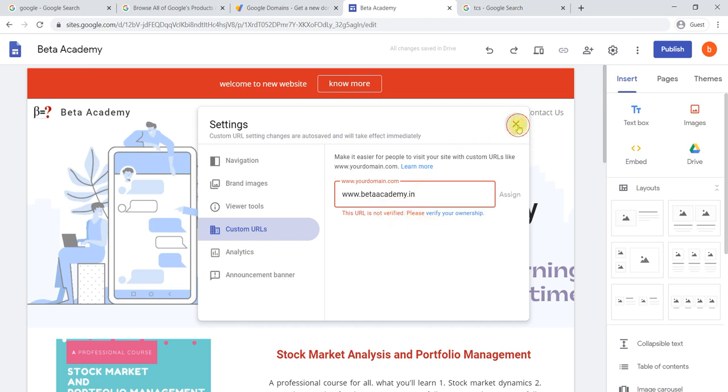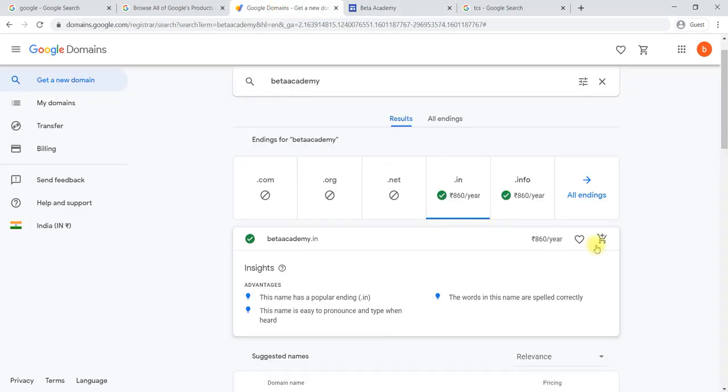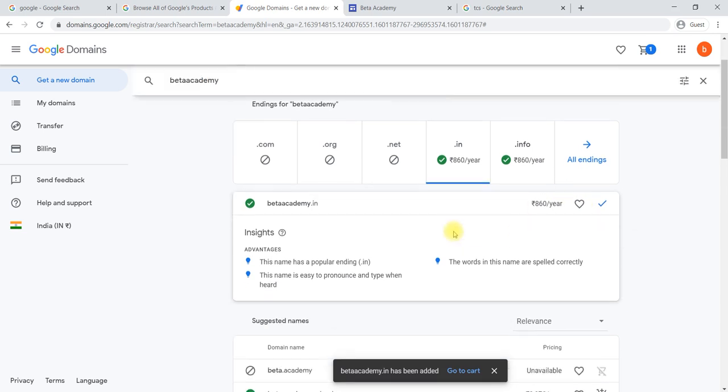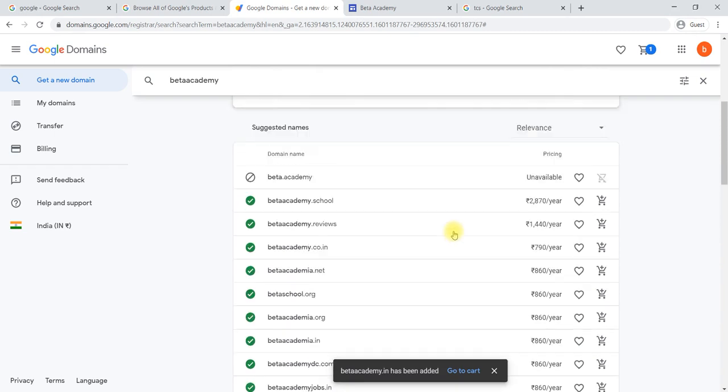Later your website will be redirected to that particular domain name. Whichever domain you require, you can add it to a cart. So one has been added. Like this, whichever domain you think of, you can add it to cart.